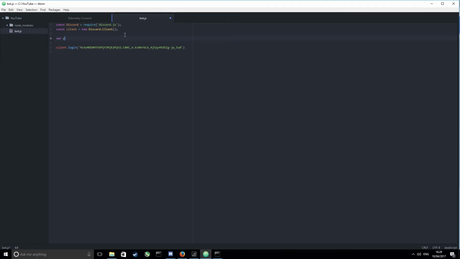So we're making a variable now, the prefix. Most bots have prefixes. Obviously we can make this whatever we want. Exclamation marks are probably the most used, so I recommend doing something different. Sometimes I do dollar signs, sometimes I do other things, but for this I'm going to use a dollar sign. Now we do client.on